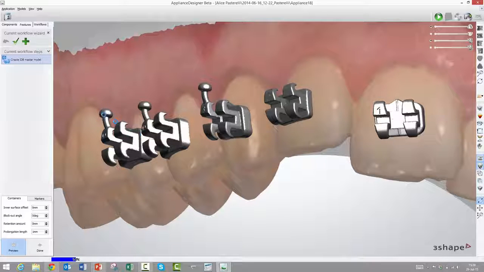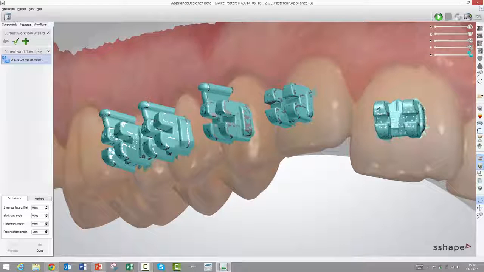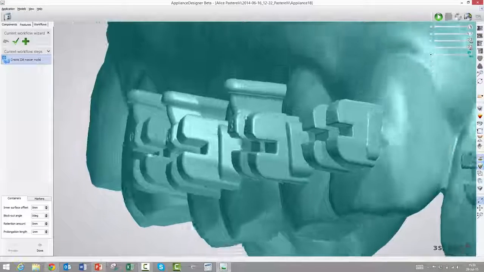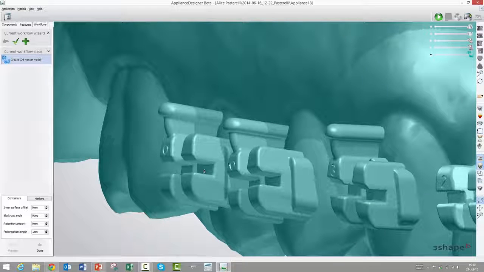If we look at this bracket, then the cavities here under the wings, material will fill that out, and the same with the hook, that would be supported by material underneath. This inner surface offset will make it either too big or too small. Now it's actually done with the calculation, so maybe it's a bit more evident what I meant. Now I see exactly what you meant.